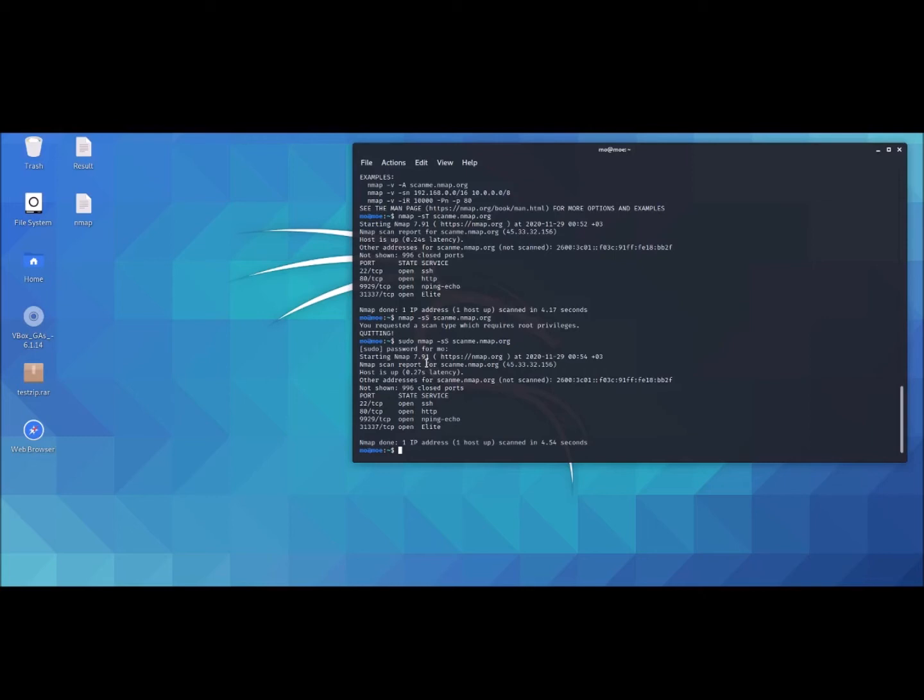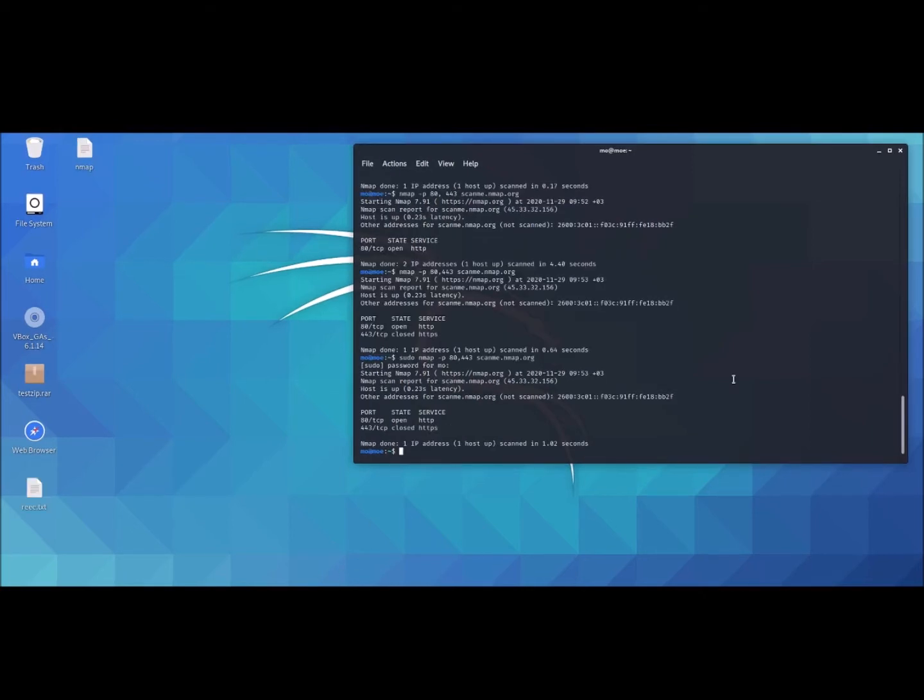Okay, so now I want to talk about port specification and how you can select specific ports you want to scan, because sometimes you don't want to scan all of the ports, and sometimes you do, but you can specify what ports you want to scan directly. So let's try this command. You do sudo, it shouldn't be necessary, but it's better to do it. You put the tag -p, and then you specify the port that you want to scan. For example, I'm going to scan port 80, and I also want to scan port 443. Then I'm going to specify my target again,